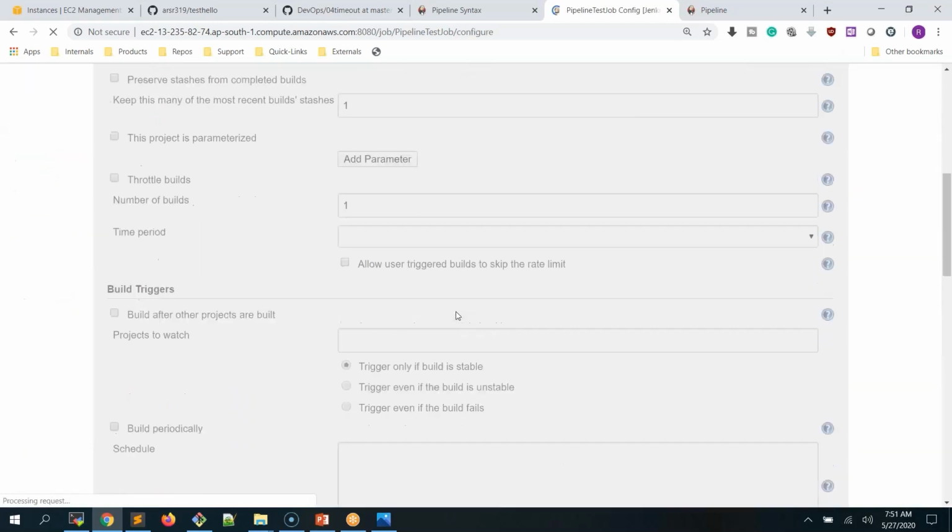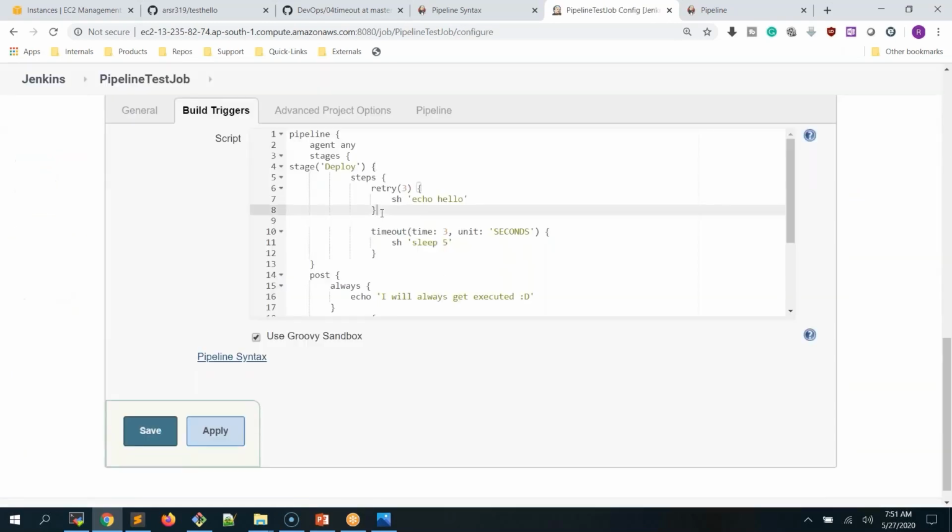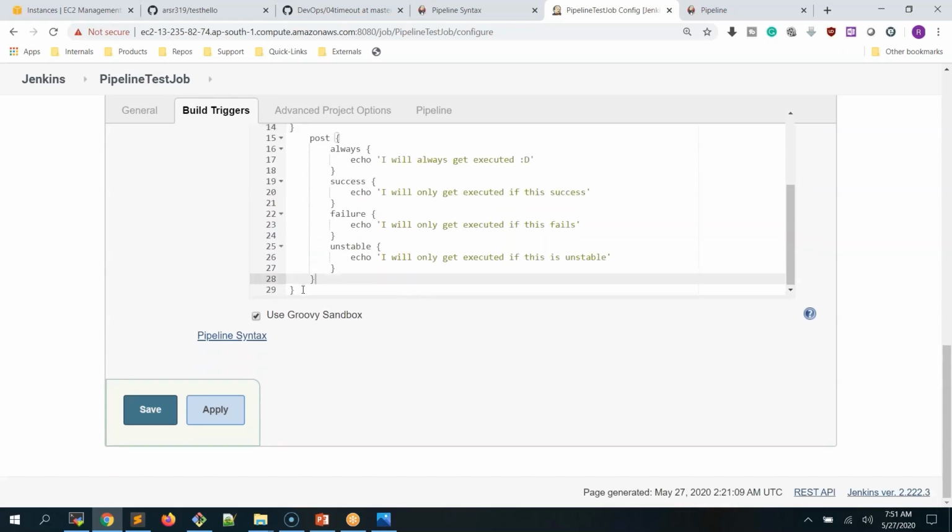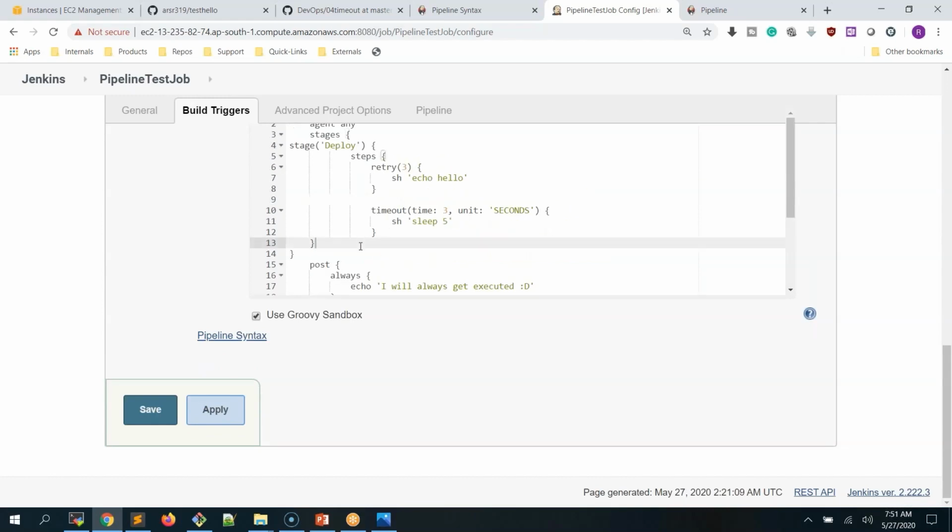Configure. So this one is closed over here. This one is closed here. This one is closed. Then I think we need to close the stage as well. Then we need to close one more thing, stage and stages. So we have closed everything. So this is closed over here. This is closed over here. This is closed over here. Yeah. Apply, save,